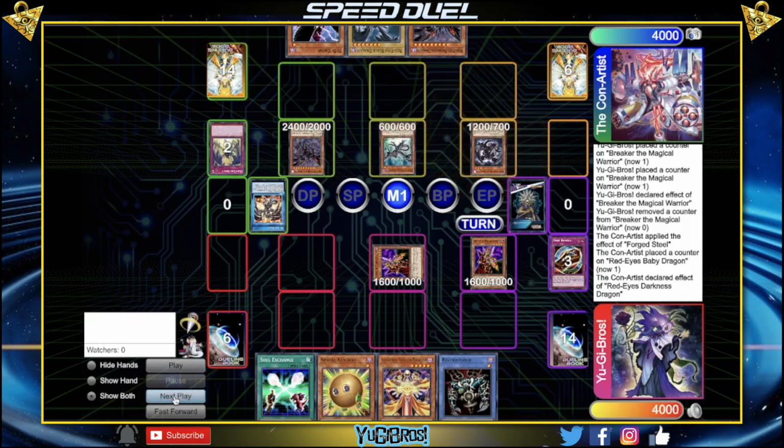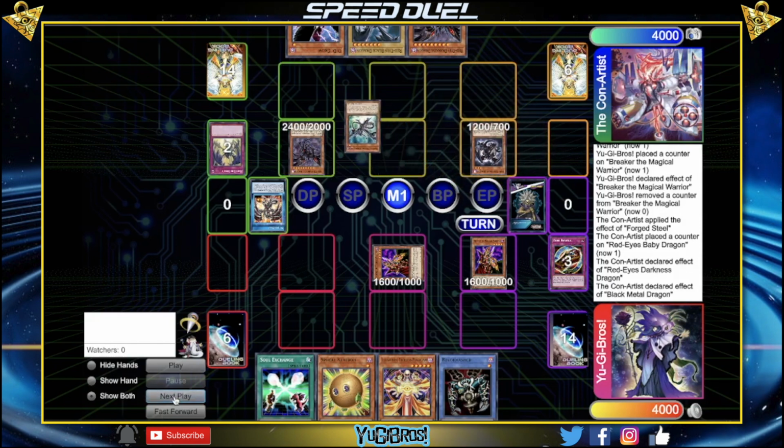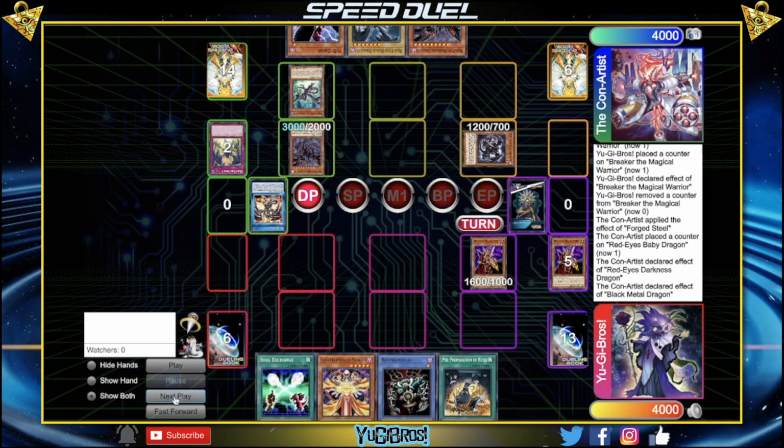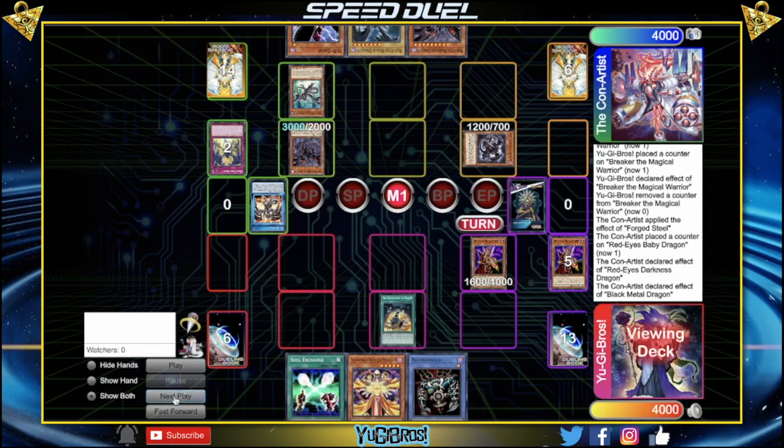They're going to then flip Black Metal Dragon, have its effect go off, equip Darkness Dragon, giving it 600 attack, going into battle phase, having Baby try to crash this Breaker. We're going to Sphere that. Then they're going to have this Darkness Metal attack Breaker. I think they should have attacked the attack mode one. I don't know. If we win and we have 1400 or less life, then clearly we lost this game, but nevertheless,